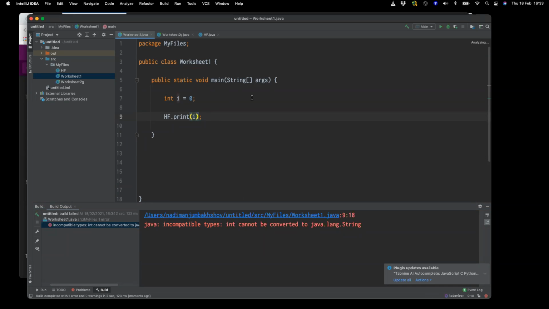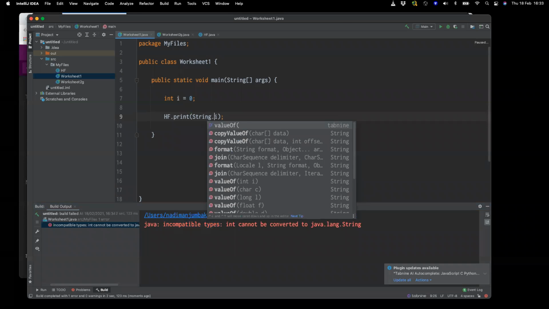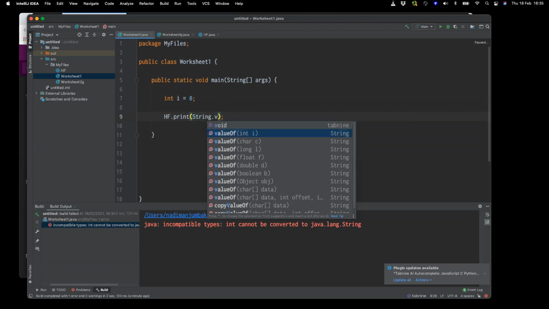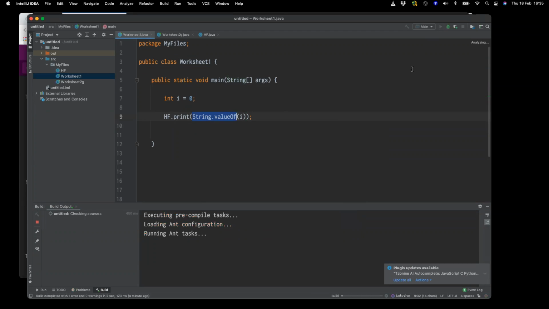This is essentially what you need to learn to do. If you type in string dot value of, then place the I inside there, that is a really useful thing for you to learn about. It converts explicitly different types of data types for printing statements. Let's run it. Let's see if it's worked.